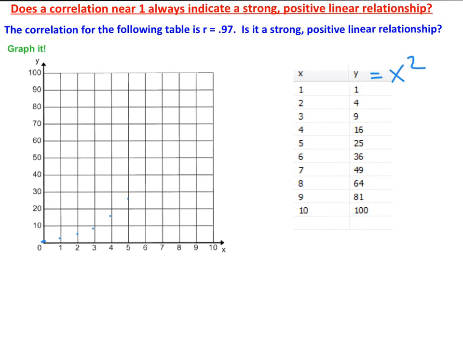Points from a table for an association that I happen to know is very, very nonlinear. Because if I were to connect those points with a nice curve, right? Doesn't R measure how linear the association is? But these 10 points give me an R value of 0.97,